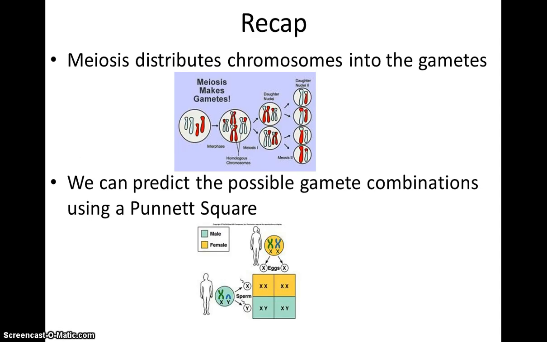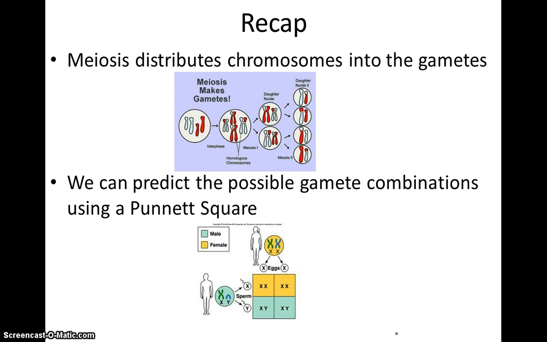Before we get into it, I do want to recap a couple of things with you. So for starters, up to this point, what we know is meiosis, the process of meiosis, which makes gametes, is going to be what determines what chromosomes are distributed and inherited in offspring. When those gametes come together and undergo fertilization, that's what actually creates the offspring. Our Punnett squares, we use those to predict how the gametes will be divided up using the law of independent assortment. And again, they get separated because of that law of independent assortment, and we just use our Punnett square